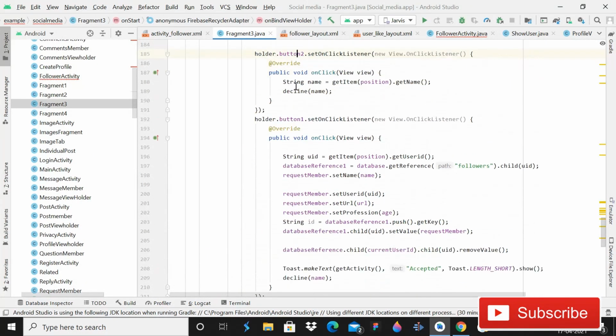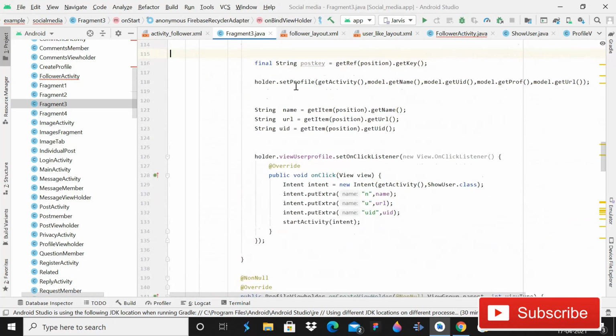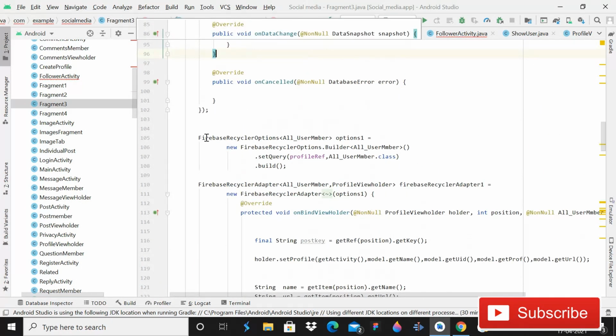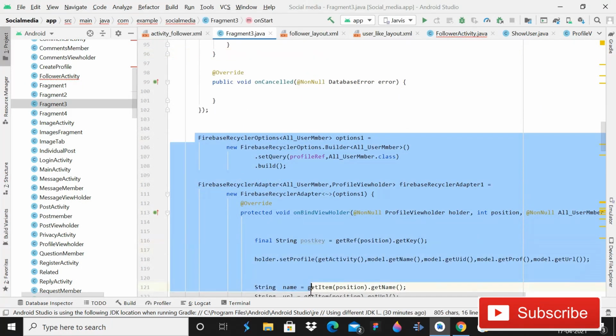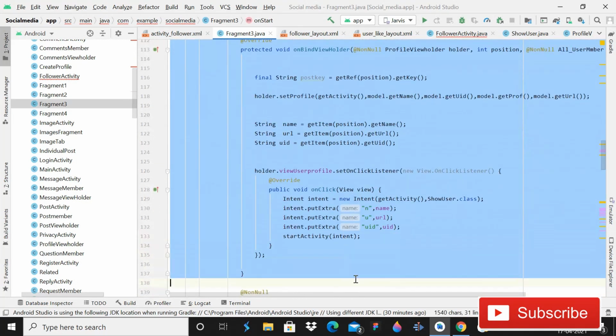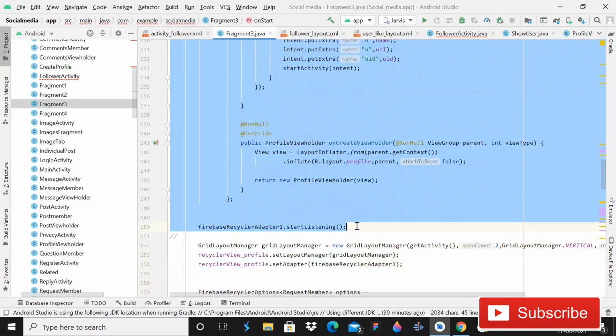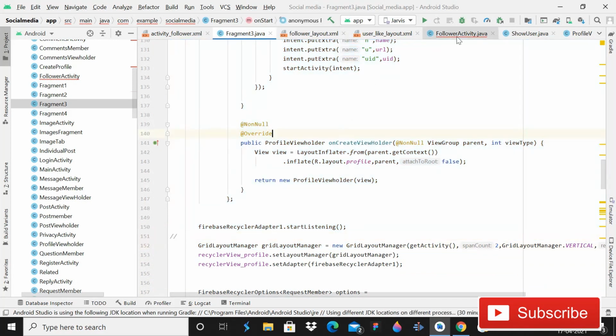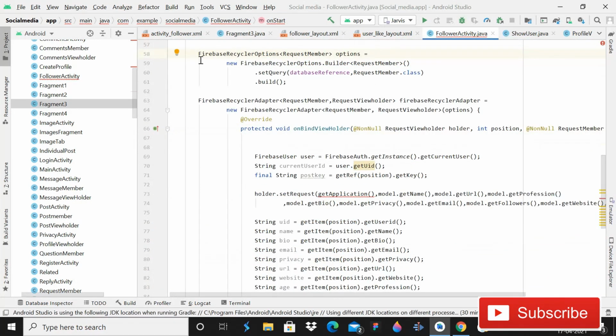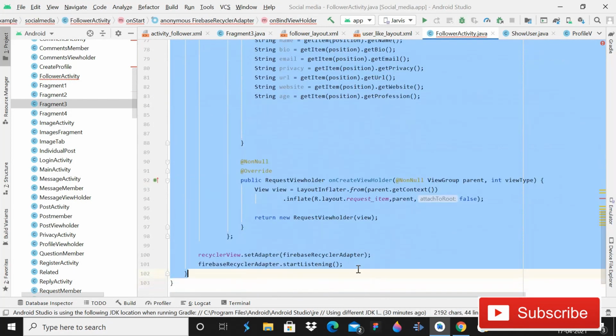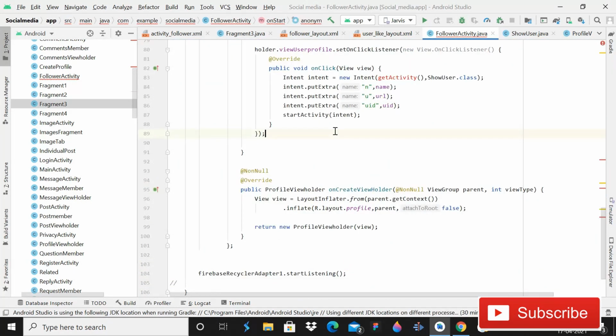So here I think I'm using the profile view holder reference. Yeah, so guys, copy this one. In this fragment 3 you have to copy the recycler adapter for this one. Control plus C, and come back in this followers activity and just select this whole stuff. Sorry, control plus V. So this will be easy, understand? That's why I'm doing that.